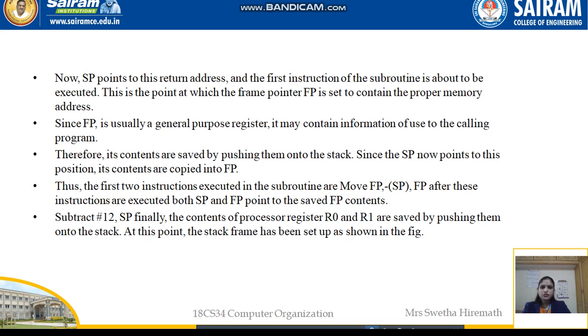Thus, the first 2 instructions executed in the subroutine are Move FP, -(SP), that is auto decrement, and Move SP, FP. After these instructions are executed, both SP and FP point to the saved FP contents. Subtract #12, SP. Finally, the contents of processor registers R0 and R1 are saved by pushing them onto the stack. At this point, the stack frame has been set up as shown in the figure.